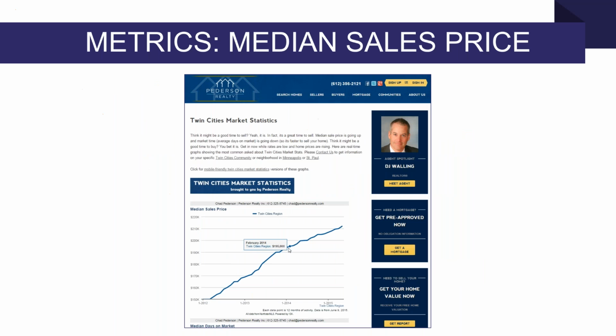Some usage examples. You can create a page or pages on your website that go through common metrics in the market. If you create that Infosparks with a live chart, with a live shared chart option, you then make it once and it's always updated. You don't have to come back to it.